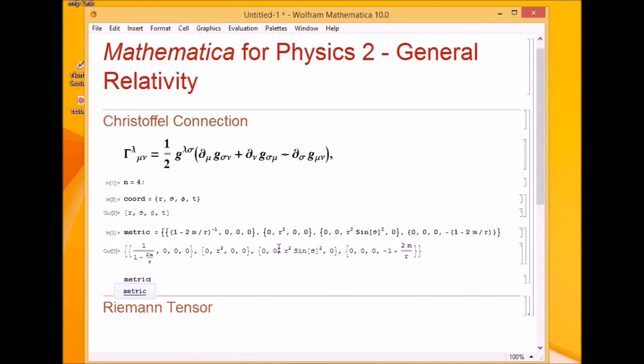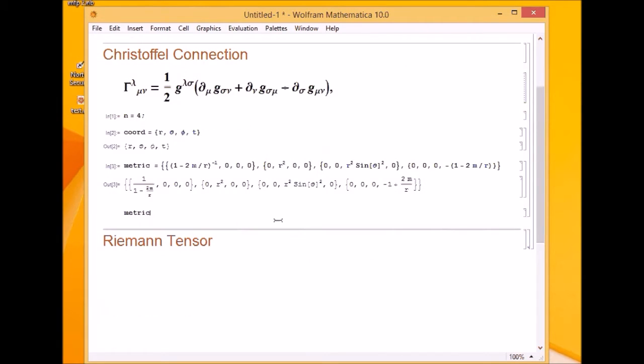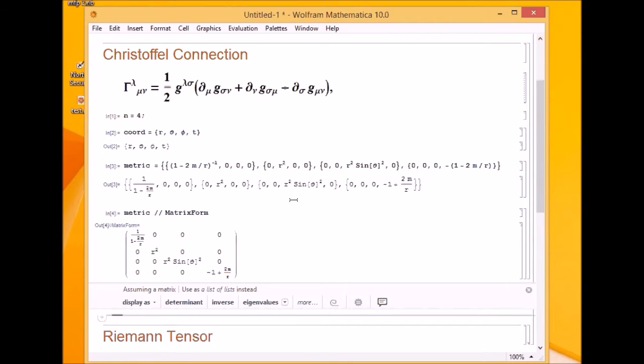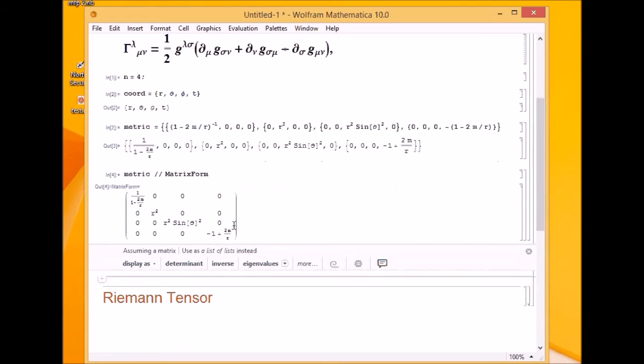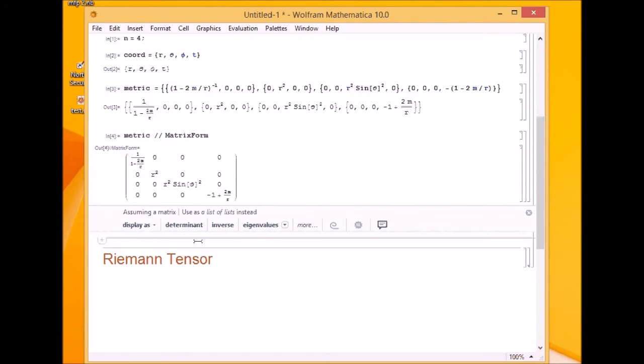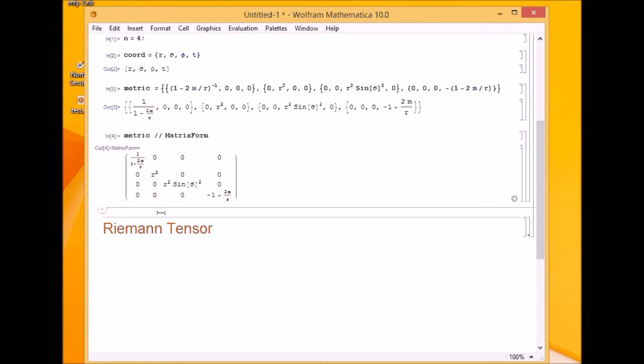So it will be convenient to see it in a matrix form. So I do metric and apply the matrix form operation. Remember, /@ means applying a given function. So this is our metric in the proper form we want. To find the inverse of a metric,